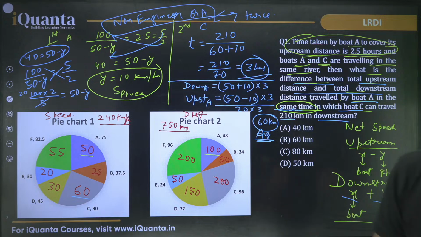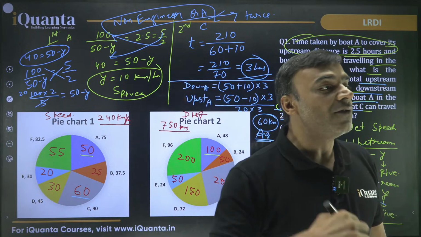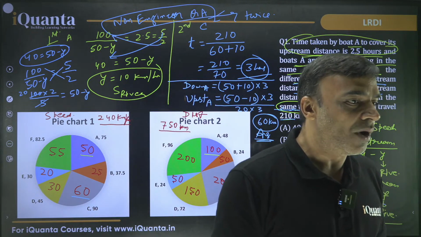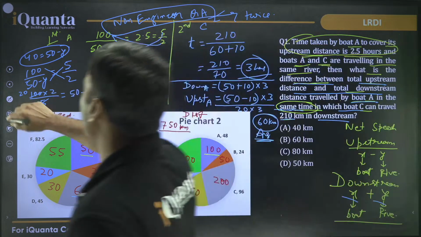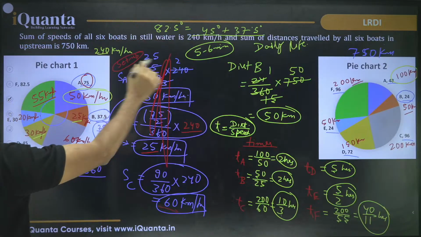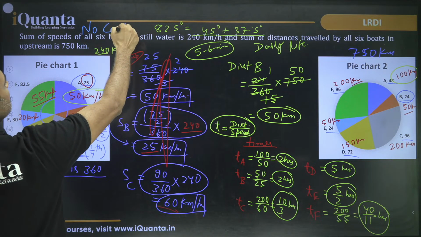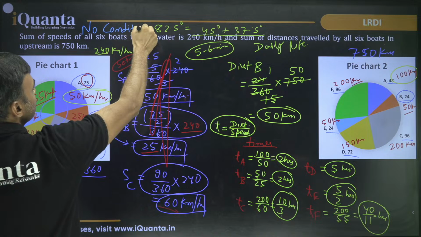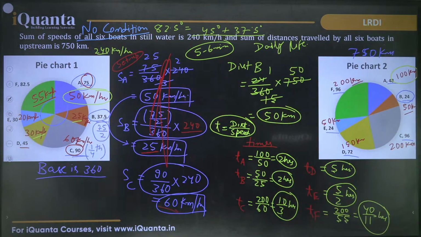I think I have already said twice. Nothing to worry, accept it and work on it. Always remember, nobody is born with all the abilities. Devansh says distance was given for upstream. No, the original information is with no condition. Devansh, this was with no condition. Okay? Guys, whenever you write a message, it is taking time to reach me, okay? And also it is not in the same order.